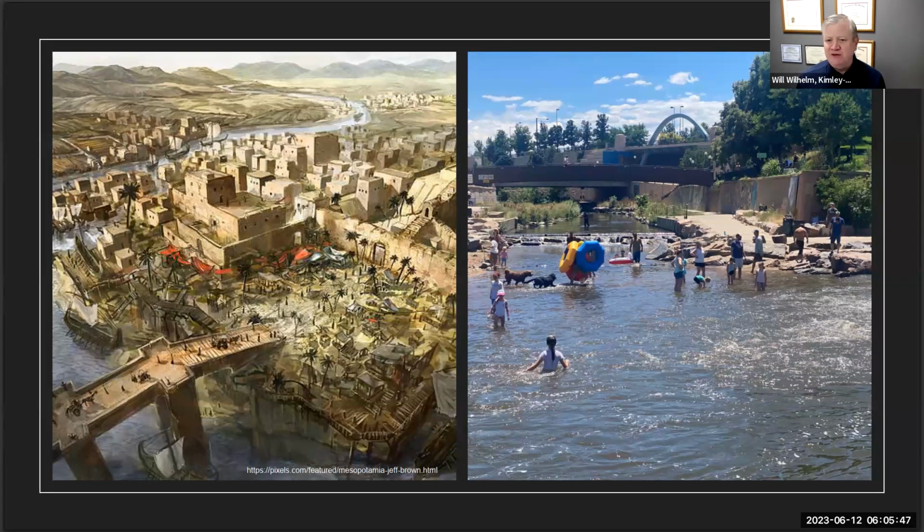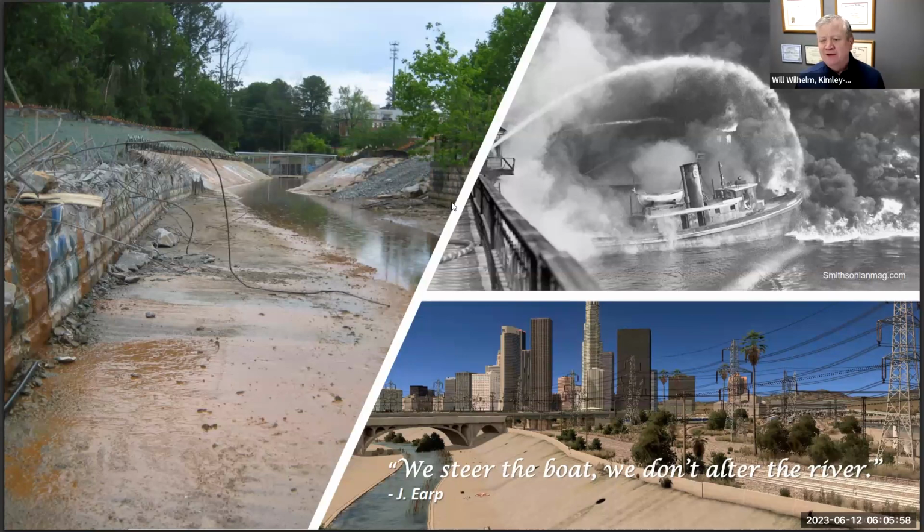That's the lifeblood of our cities. People talk about the city square being the center of our cities. BS, rivers are the center of our cities. So what the hell happened, right? I like to say we started,